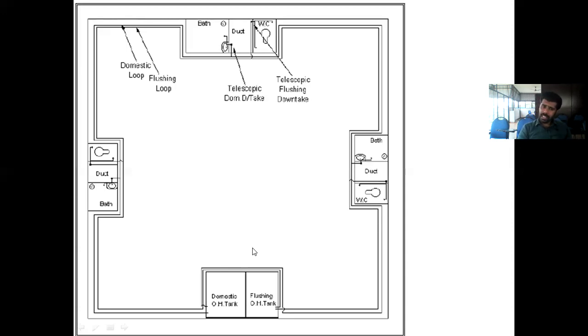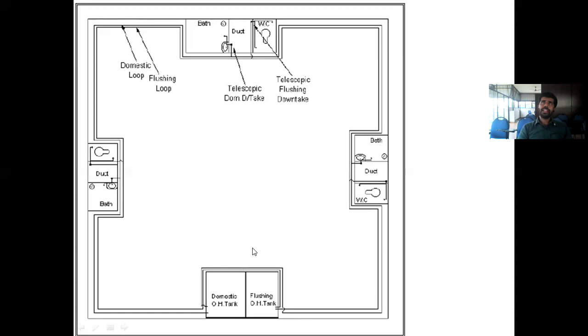So for minimizing the wastage of this drinking water or pure water, we can make two different tanks, like a domestic overhead tank as well as a flushing tank. So we can minimize the wastage of drinking water by simply flushing it off. So, for example, in our house,